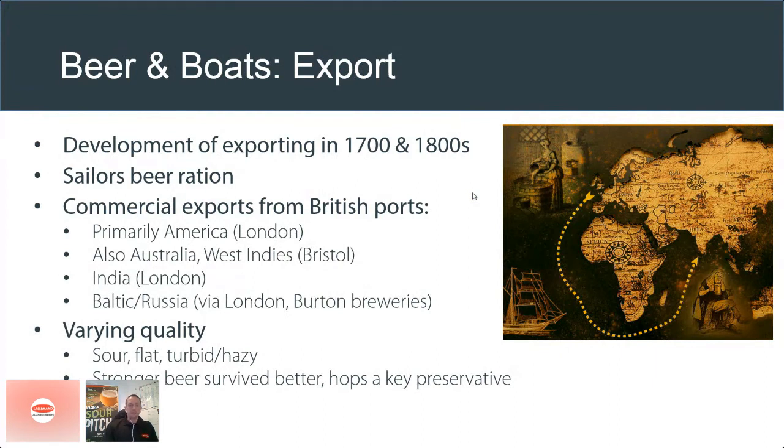So obviously beer was of varying quality on boats. There were reports of it being sour, as you'd expect, flat, turbid, hazy, perhaps not so far away from today's brewing. But I think by observation more than design or scientific understanding, it was observed that stronger beers survived the longer journeys. And hops were an excellent preservative, and hop use in brewing didn't really come until the latter stages of the medieval period and later. But we now know that hops have a great bacteriostatic quality. They're great at helping the preservative quality of